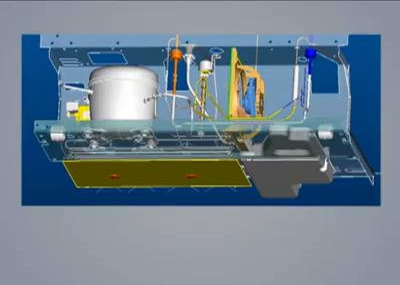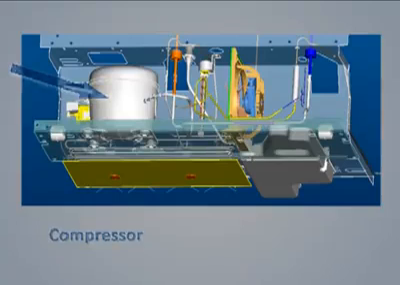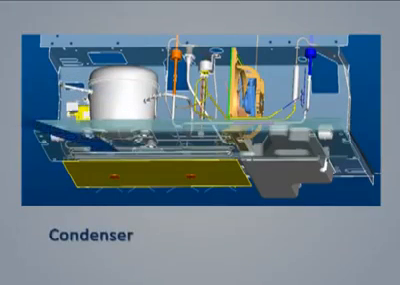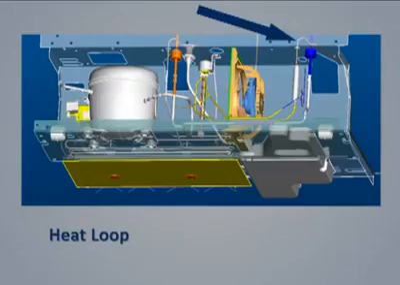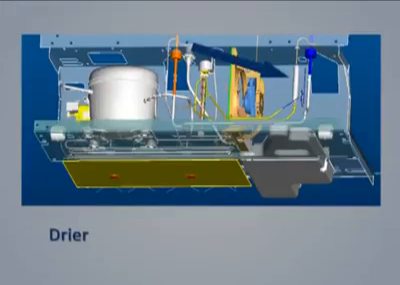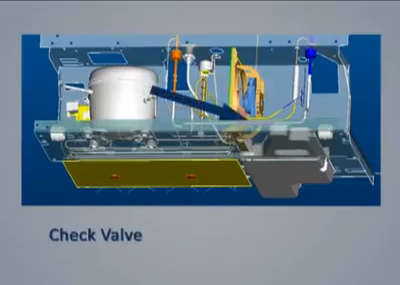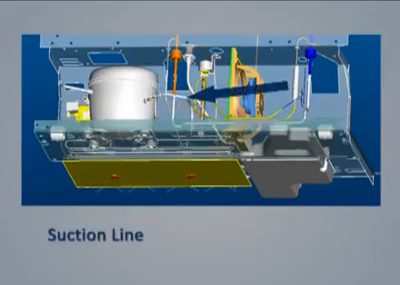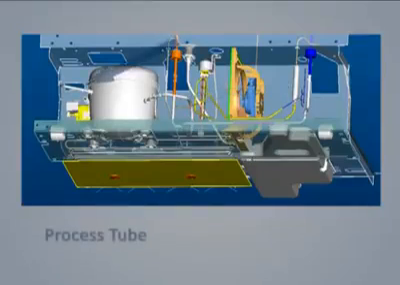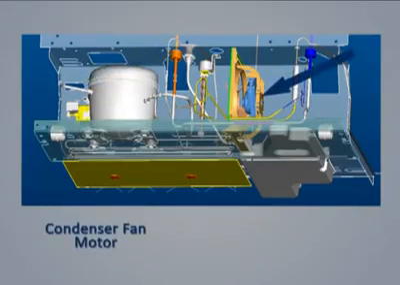Looking at a cutaway of the machine compartment, we see the actual location of components just identified. Compressor, discharge line, condenser, heat loop, dryer, three-way rotary refrigerant valve, check valve, suction line, process tube, condenser fan motor,